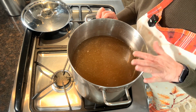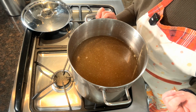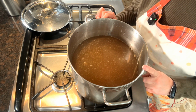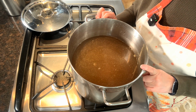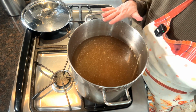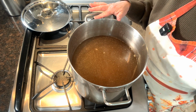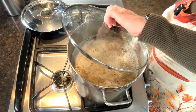There's going to be a lot of scum on the top of this, or there probably will be, that I'm going to want to scoop off before we add any additional ingredients to this. So I'm just going to bring this to a boil, and then we're simmering for 1 hour. I'll show you what that looks like when it comes to a boil and I turn the heat down. That's probably going to take 20 minutes to get this to a rolling boil because there is so much liquid in this pot. We haven't quite come up to a boil yet, but I wanted to show you